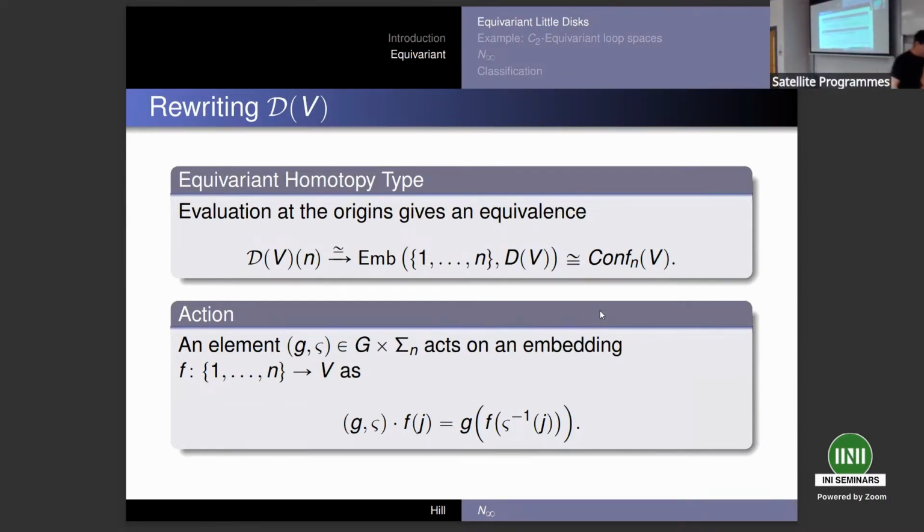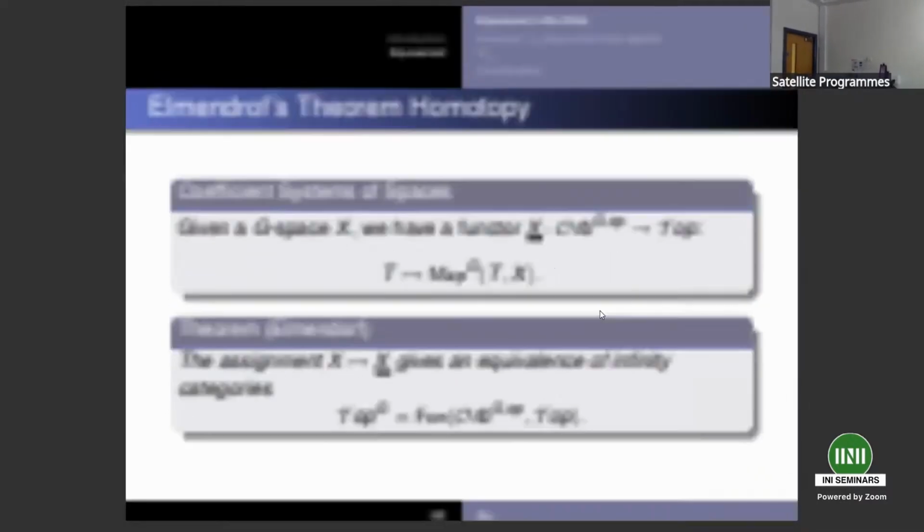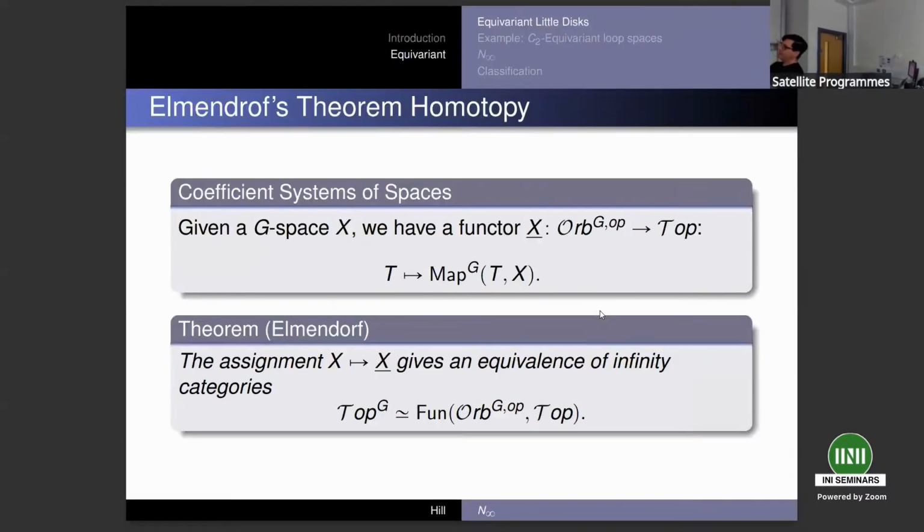And so keeping that in mind, the natural follow-up is, well, why did I choose the trivial actions everywhere? What happens if I chose different ones? That's the payoff, that's the spoiler, that's where I want to go. So when I think about the action, I hate doing this, but I want to think about these G cross sigma n spaces from this Elmendorf's theorem perspective. And it tells me to understand the corresponding functors on the orbit category.